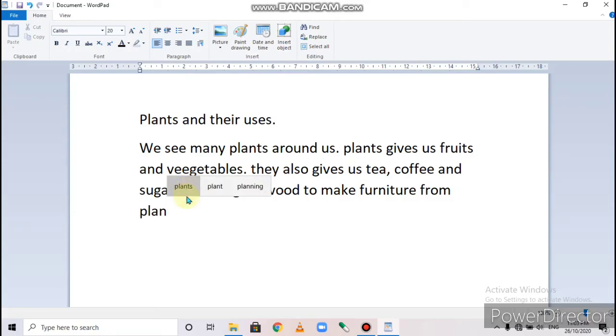You can also see that the cursor will automatically move to the next line when the first line is completed. Understood? Now on page number 52,